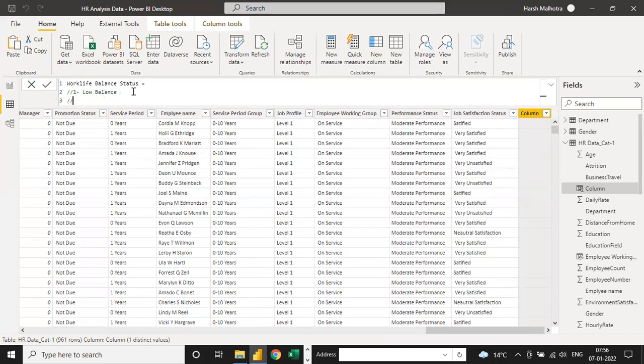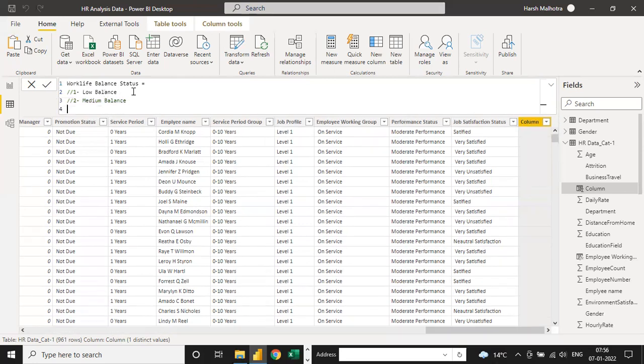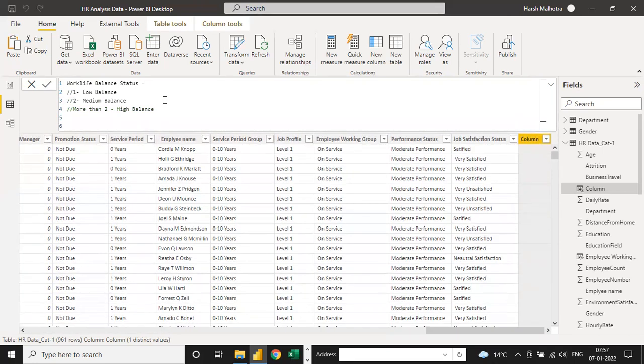The second condition we can write is low balance and more than 3. Suppose you have 3 or more than 3, then it is a high balance. We have to write just 3 conditions for the four options.